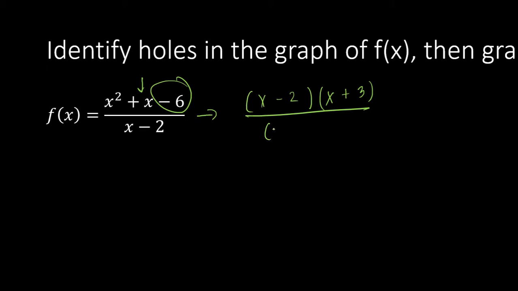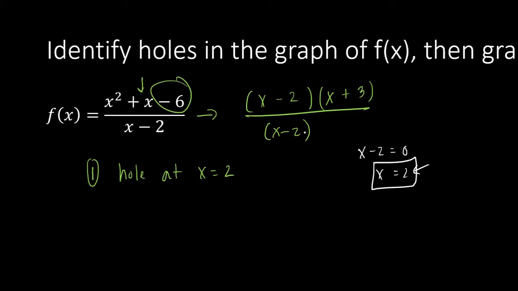Notice that I now have an x minus 2 term in both the numerator and the denominator. That tells me two things. One, I have a hole at x equals 2, right? Because if I take x minus 2 and set it equal to 0 and solve for x, this is the value for which the expression is undefined. So I have a hole at x equals 2, and my second piece of information is that